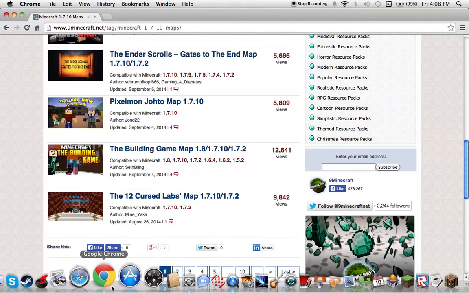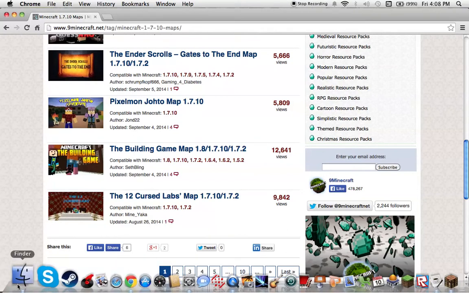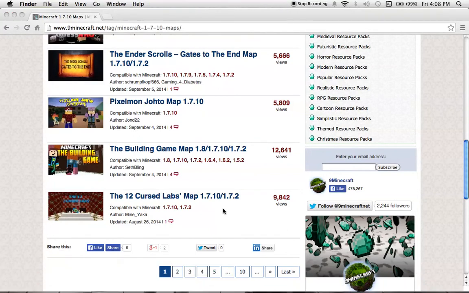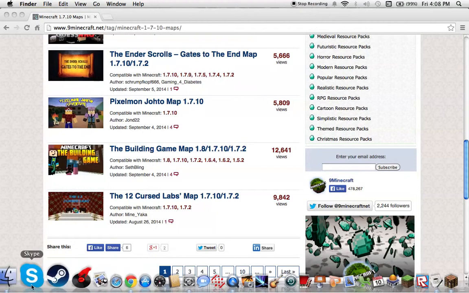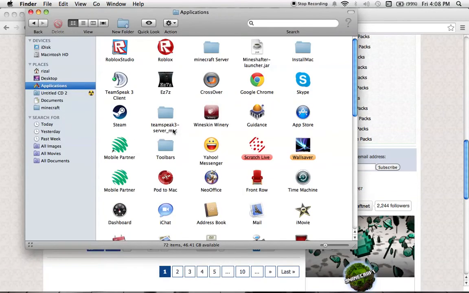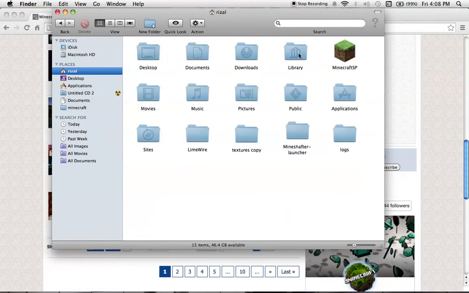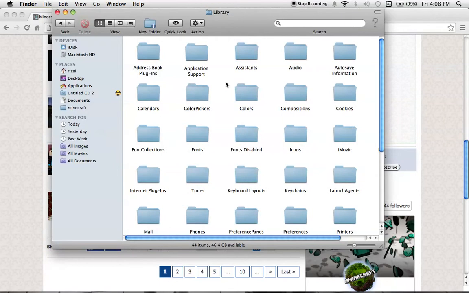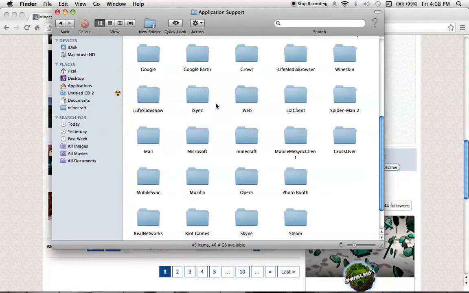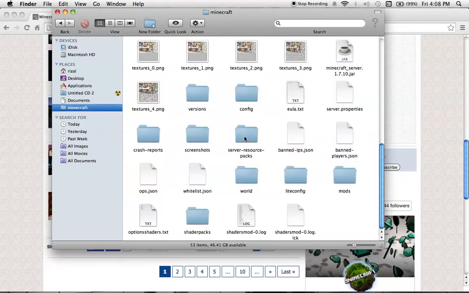Yeah, WinRAR. If you downloaded the map, you will put that into Library, Application Support, and Minecraft.